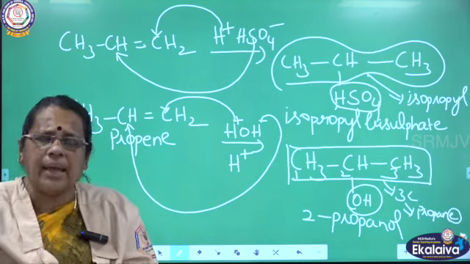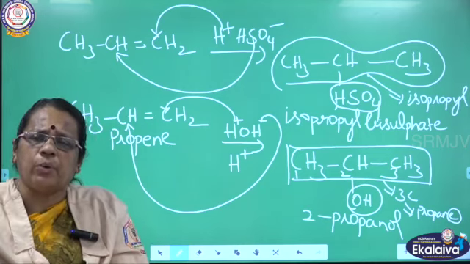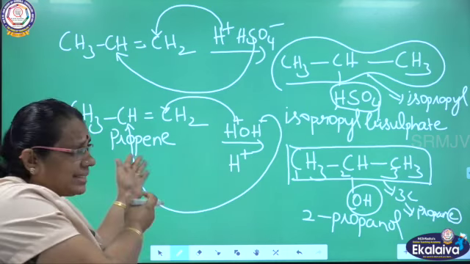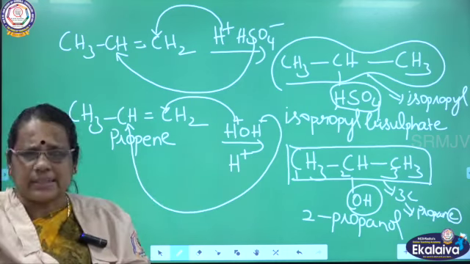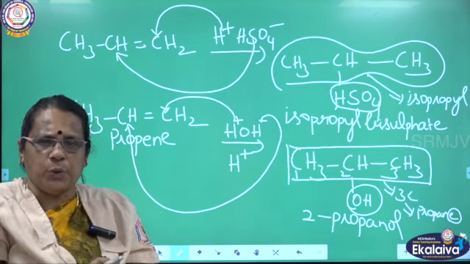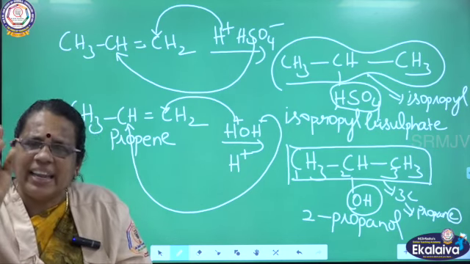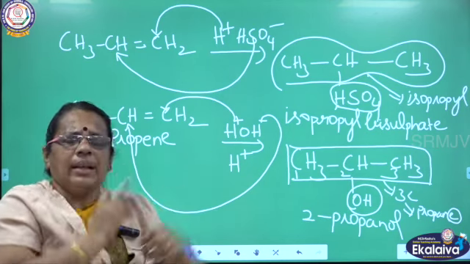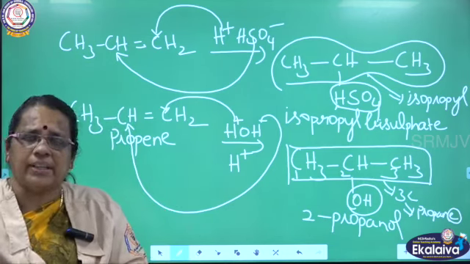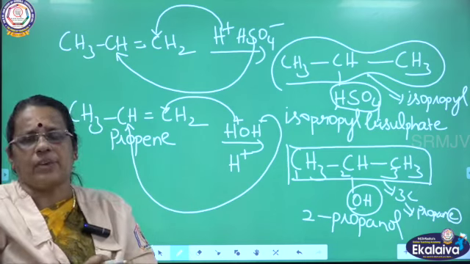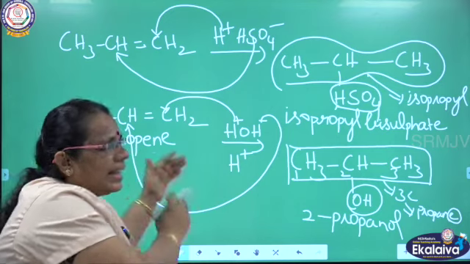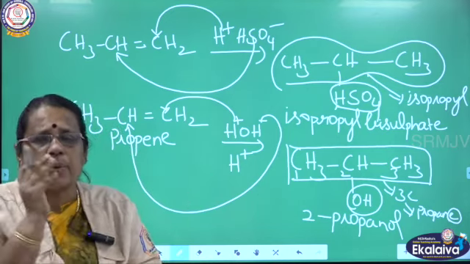All these examples I talked about use Markovnikov's rule. Once again, whenever we apply Markovnikov's rule for reagents, for example hydrogen halides, acids or water, whatever it is, split the reagent into positive and negative. It will be easy for you. The negative part of the reagent is added to the carbon having less number of hydrogen. The positive part is added to the carbon having more number of hydrogen. So we are getting different types of substituted products. This is Markovnikov's addition.